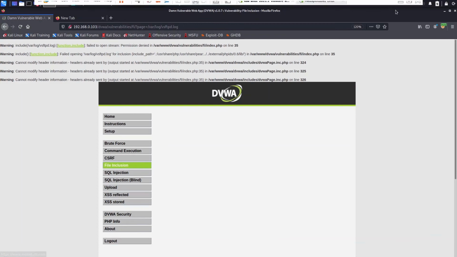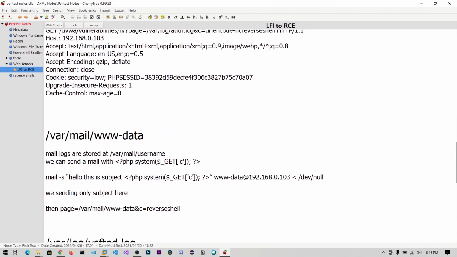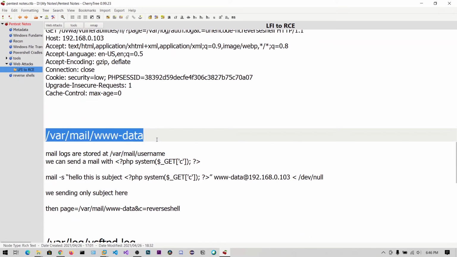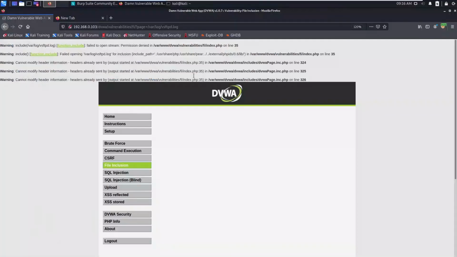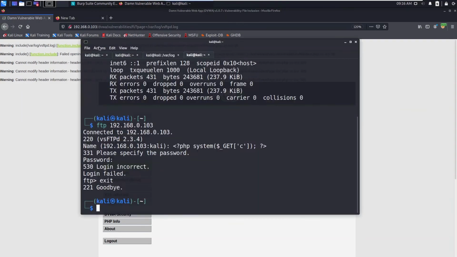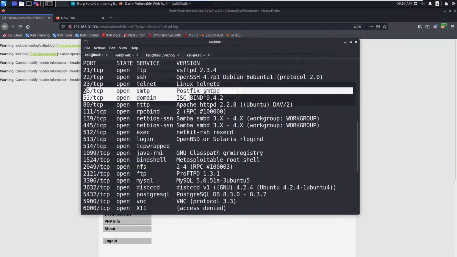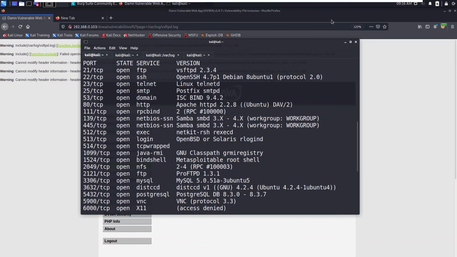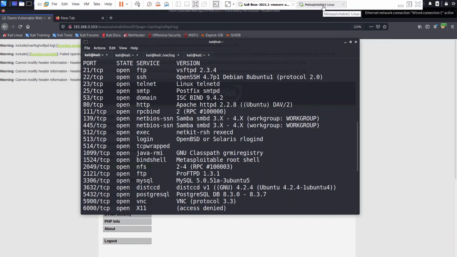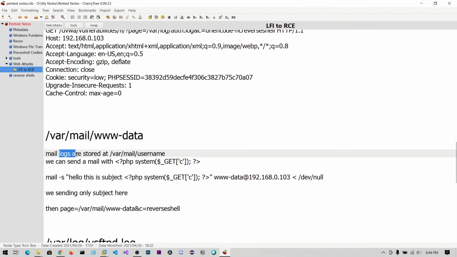Okay, so the next one is mail www-data. Generally if there is an SMTP server, this is on 25, yes. The file structure is different for this Metasploitable 2, and generally mails are stored at /var/mail/username.